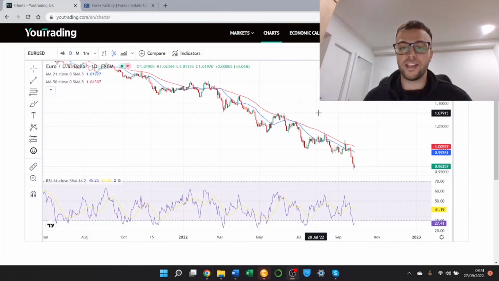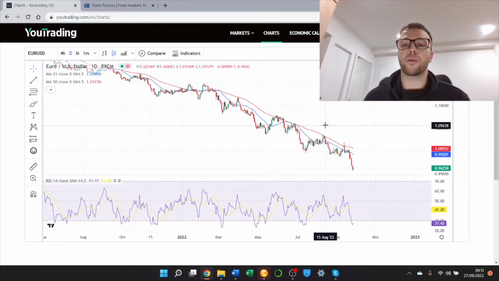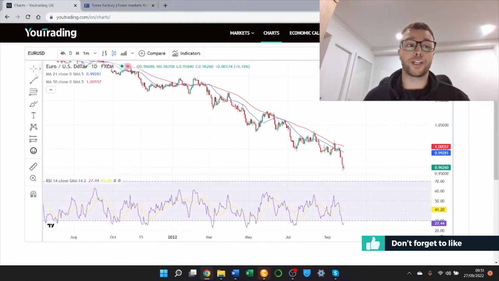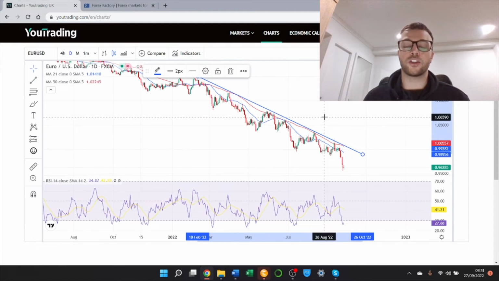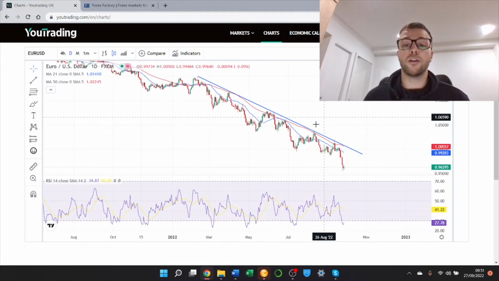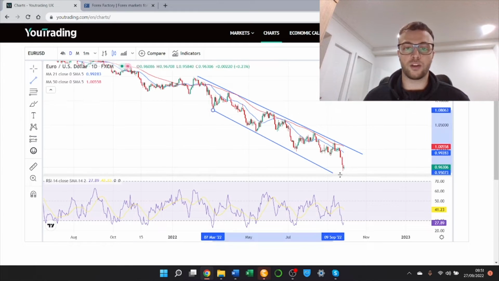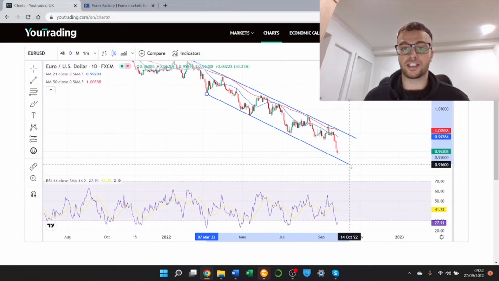We'll start with euro dollar because this has been one of my favorite asset classes recently. Pretty much all of my calls in the last couple of months have been spot on. I've been calling that euro dollar is going to continually move lower within this sort of trend channel that we have here. And I've been saying for a long time that I expect that to continue for the foreseeable future